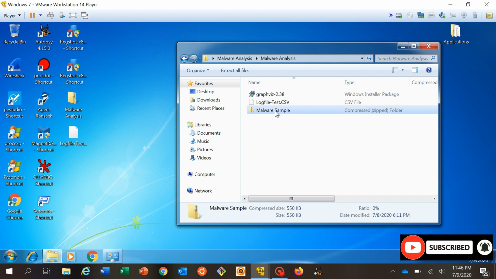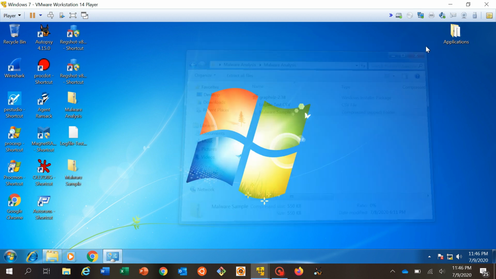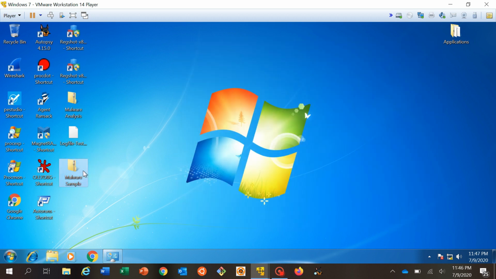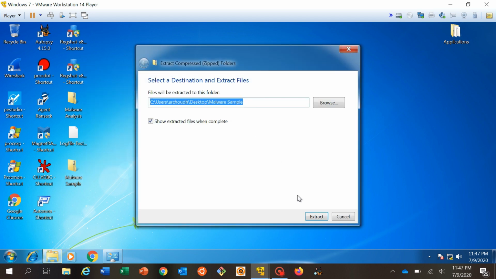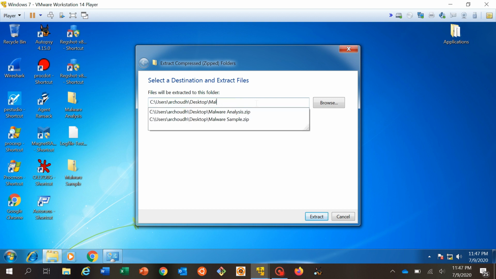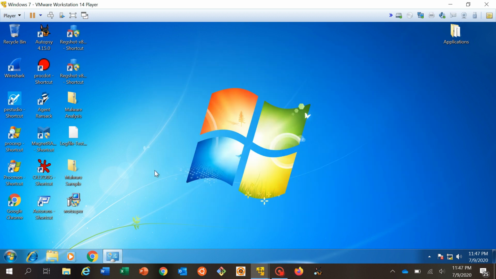So I will just paste it here, close it off, and extract it, extract all. Okay, I don't need another folder. I can extract it simply. Okay, so you can see WOT super is our malicious sample that we are going to analyze in this lab,